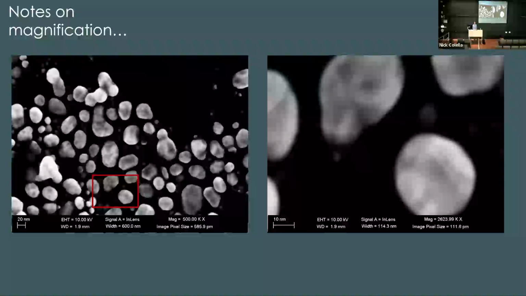So magnification is a parameter that people want to know, and you want to keep that in mind as you're taking images and navigating around your specimen. But often I think it's more helpful to think about what the field of view of the image is and what the size of each pixel is, because those can sometimes be more helpful when you're thinking about the data that you're seeing.